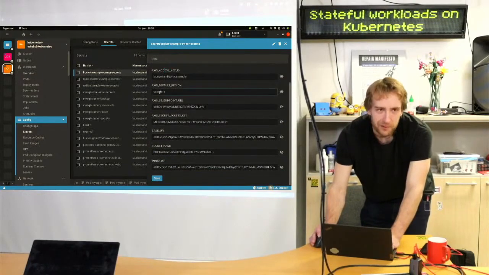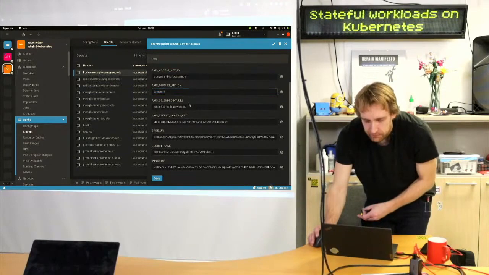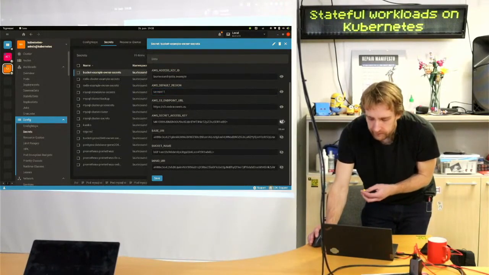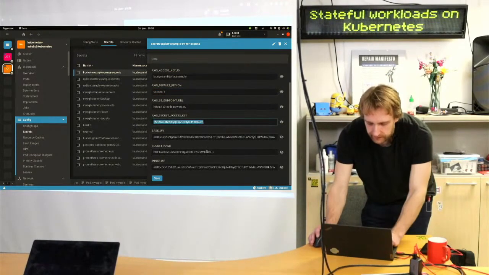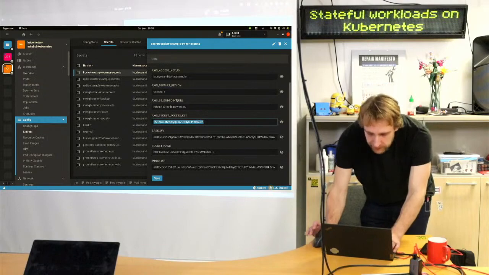We have only one region, so it's US East 1. There's an endpoint where you can connect through. There's a secret access key. And actually, if I copy paste this, I have exposed the